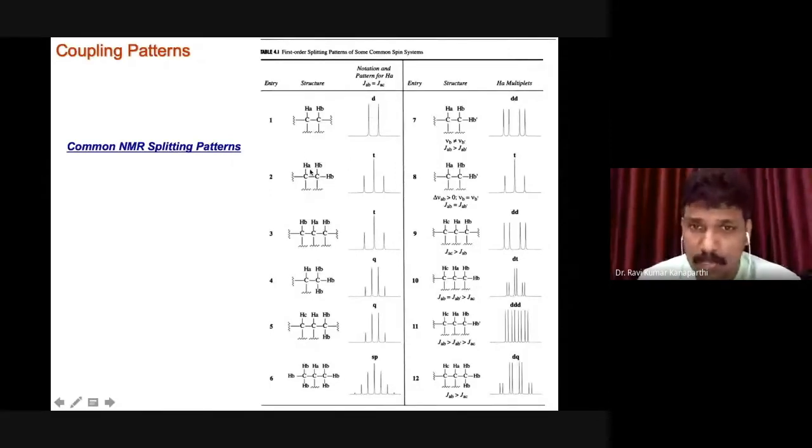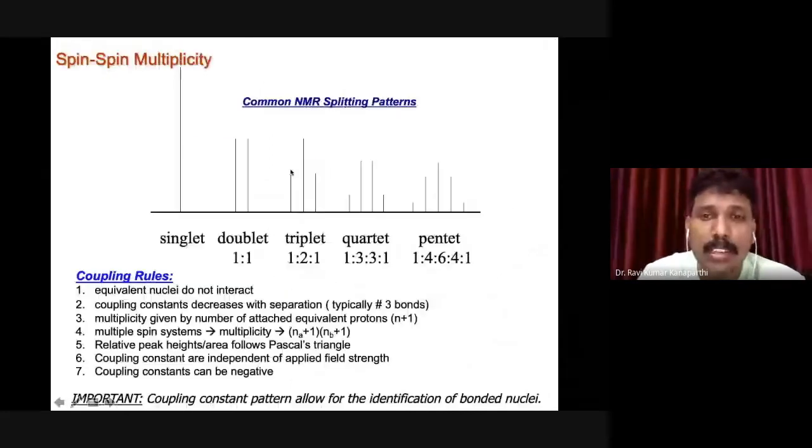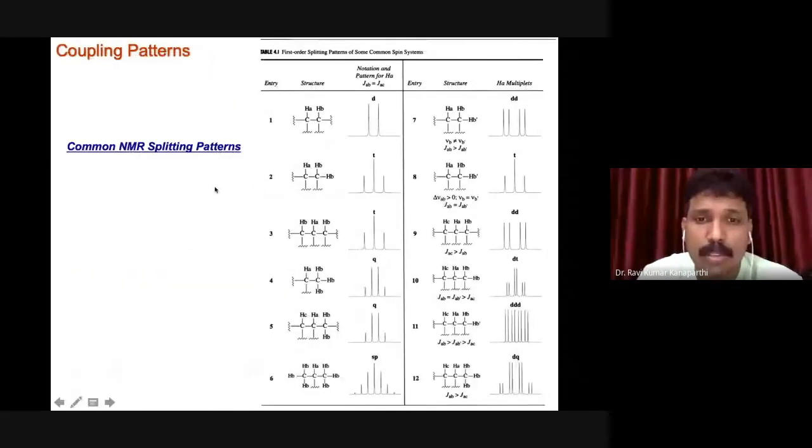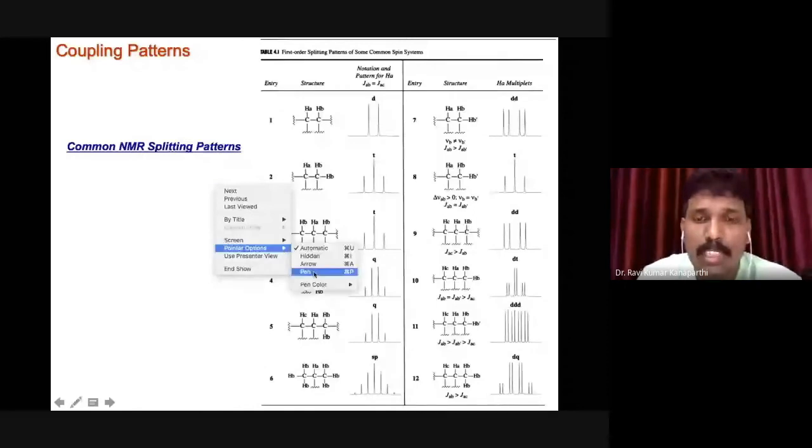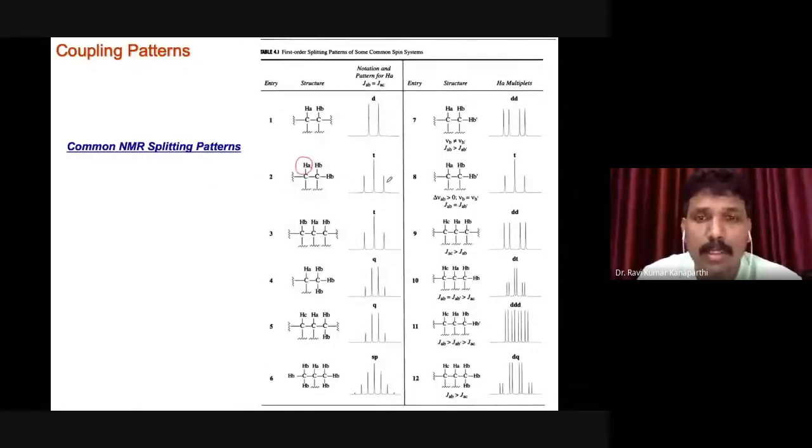Suppose a proton sees 2 HA protons, and please remember that I have only drawn this NMR splitting pattern with regard to HA. HA has 2 neighbors, therefore it will be a triplet. Now the question is, for HB, these HB are identical, and each has 1 HA neighbor. So what will be the NMR spectrum of the HB proton? Will it split or not? Yes, definitely it will split, into a doublet. So HB protons will be a doublet.